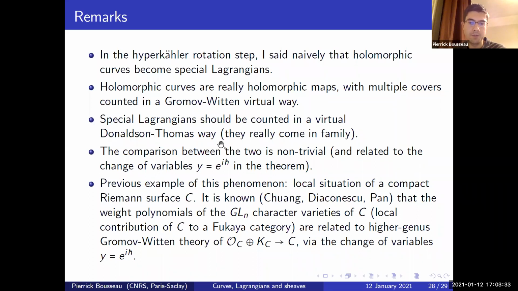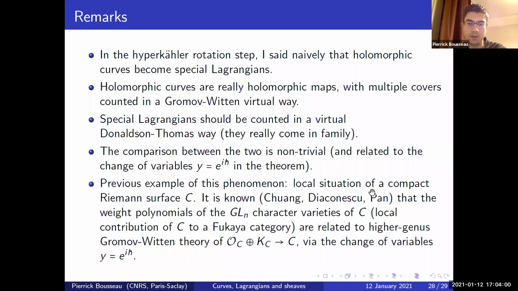But in my precise theorem, there is a much more precise statement, which tells you that if you look at holomorphic curves and count them in a virtual Gromov-Witten way, after hyperkähler rotation they are related to an appropriate virtual count of special Lagrangians, but in a very non-trivial way. And in fact, I claim there is a previous example of this phenomenon,